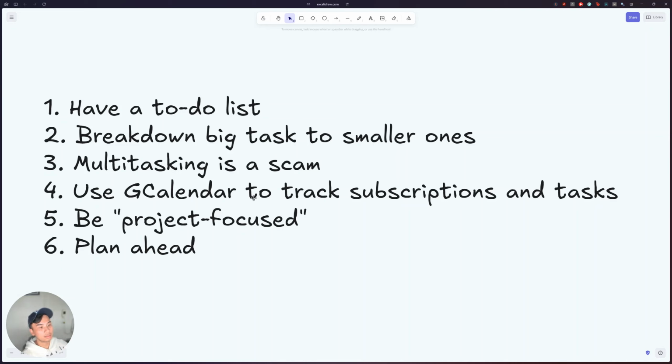Even though you know this stuff, it's not gonna happen overnight. It's not gonna improve tomorrow. You gotta do it small and step by step. So you might implement your to-do list today, and then you're using Google Calendar tomorrow, using Logseq the other day. It's okay to take it step by step as long as you are consistent.